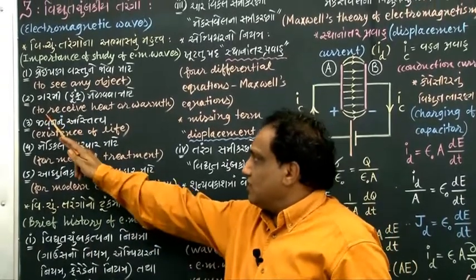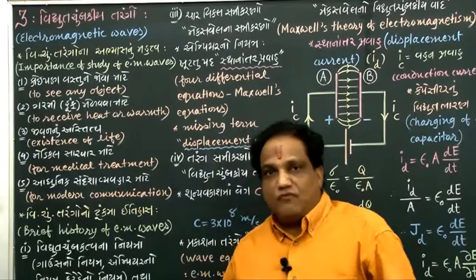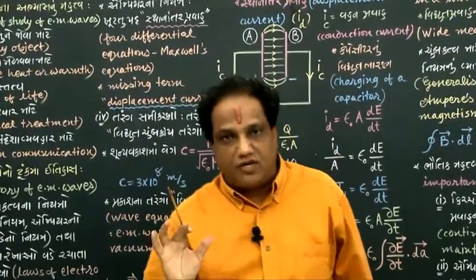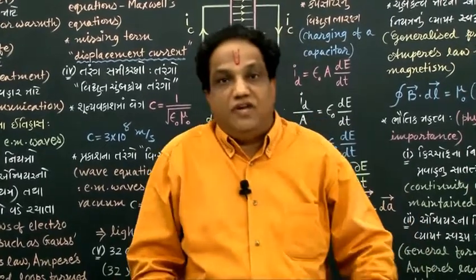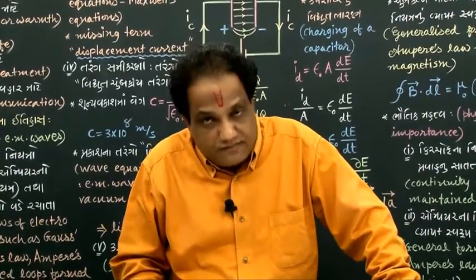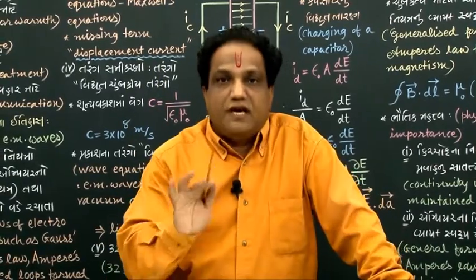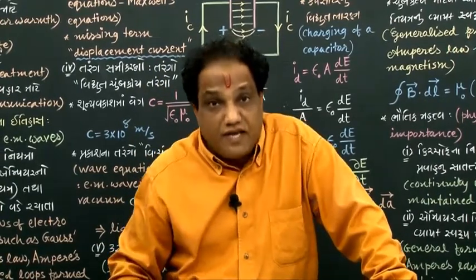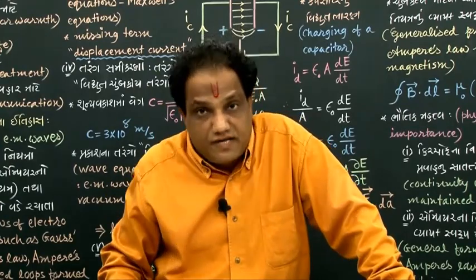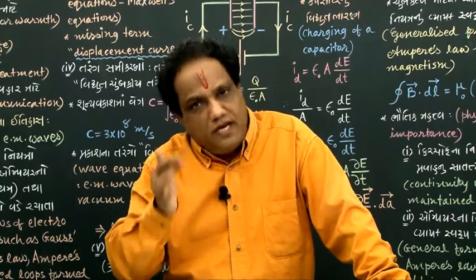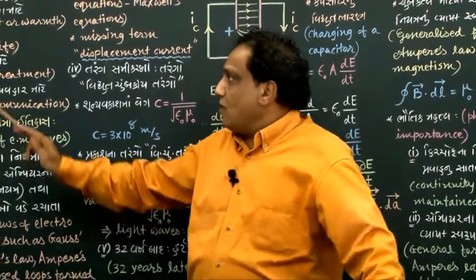The second point is this: to receive heat or warmth. We receive the necessary heat or warmth for our existence in the form of infrared light rays, which are emitted from the sun. They are responsible for spreading the heat. That's why sometimes we call them heat rays. They are also electromagnetic waves. Fine. Point number 3,